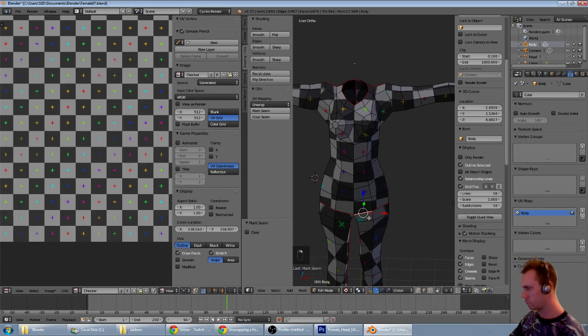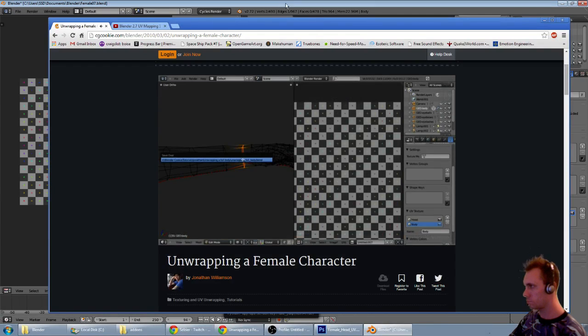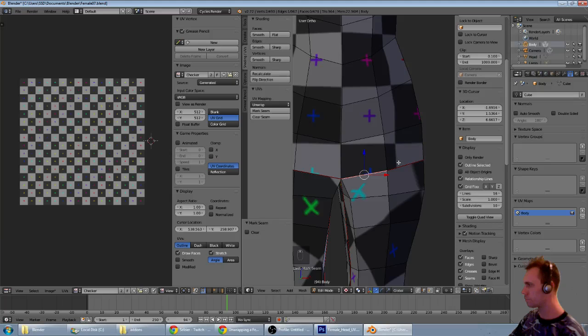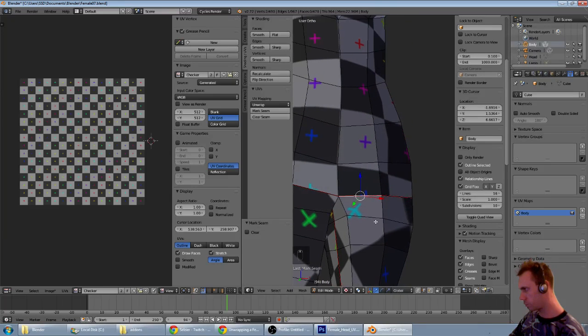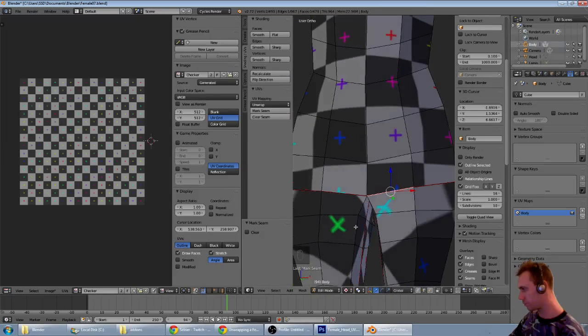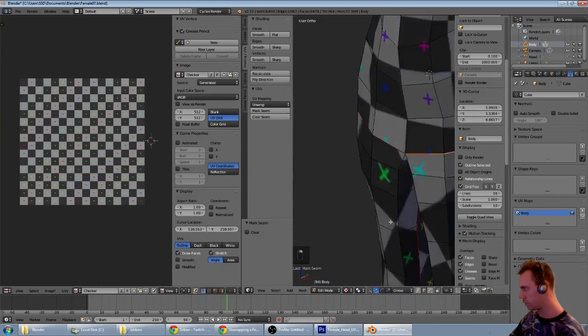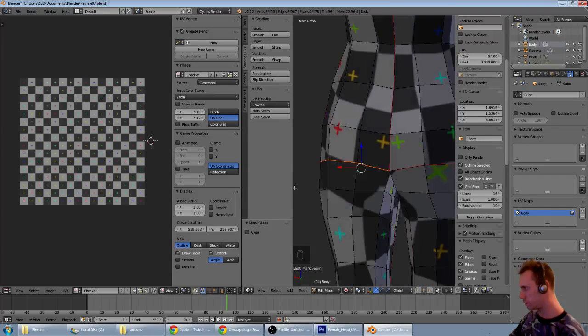One last thing I would like to look at, and I can't guarantee this is going to work, but we may actually even be able to remove the hand seams. Alright, that worked really good for him. On this model, if it's gonna work, we're definitely gonna have to get the seam to go